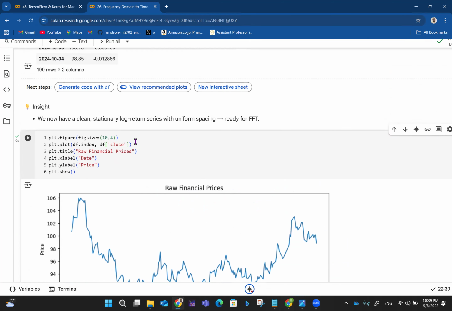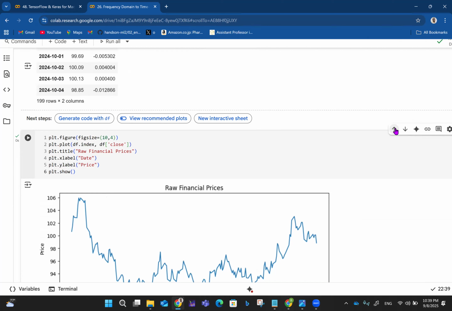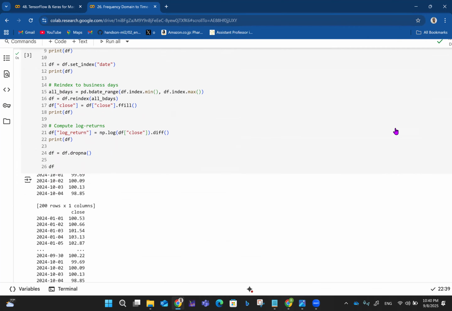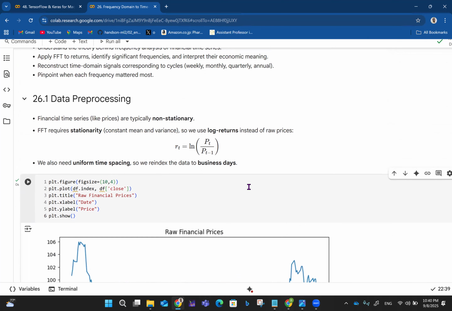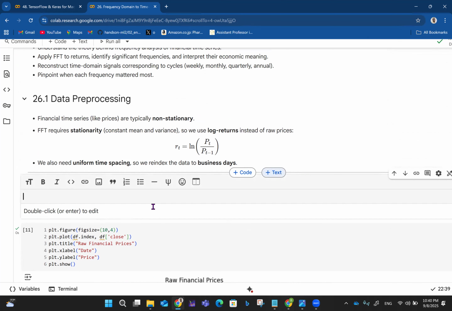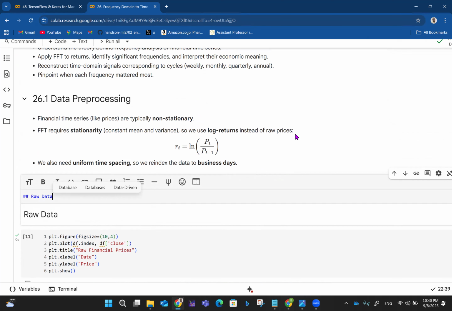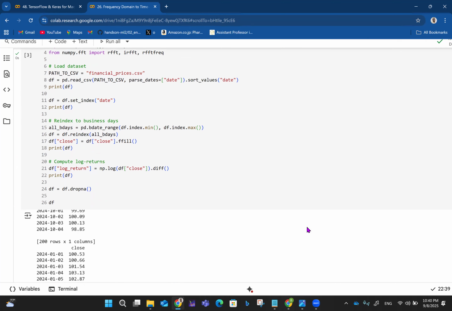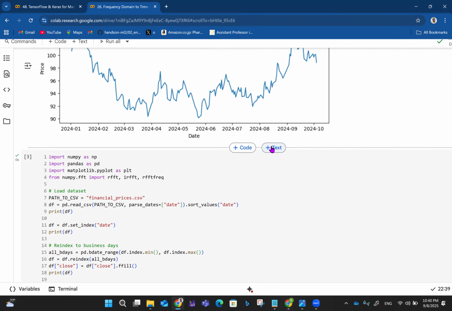So I think I should move it to the top, before we started pre-processing. Okay. Yeah, I think it's fine here. So here I can just say raw data plots. Okay, so this is what the raw data looks like from what we have there. You can see some kind of seasonality in all of that. And then coming here now, we have